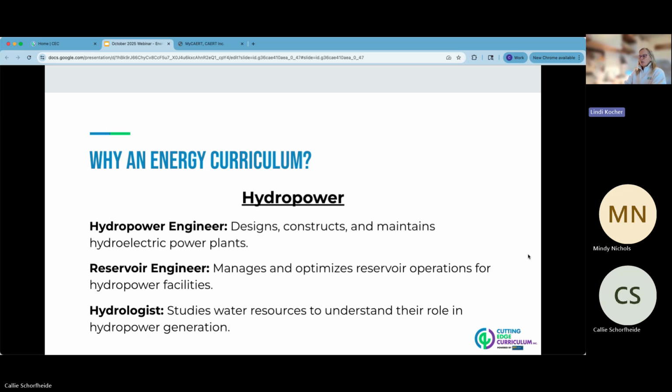Another unit is hydropower. Now, this is a very interesting unit because we've used these natural sources of energy for so many years, but the hydropower unit is a fun unit with some really great activities. So again, back to engineer, designing and constructing hydroelectric power plants, a reservoir engineer,